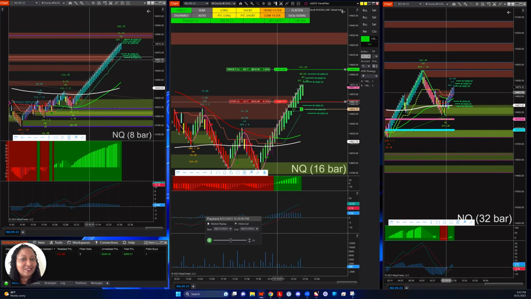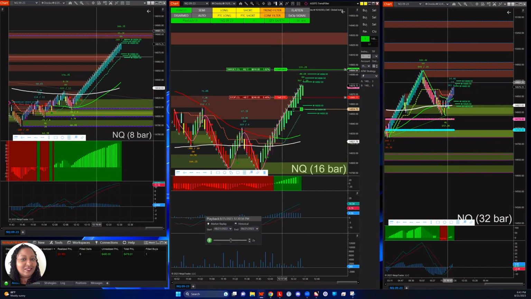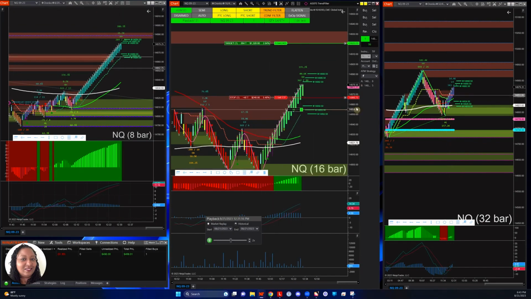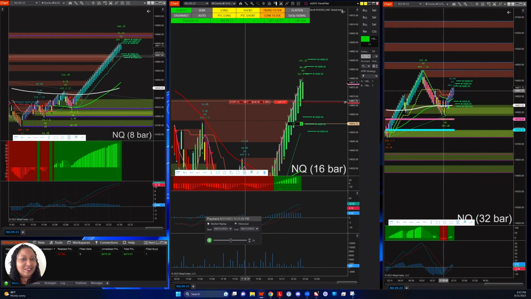We can move up even more. Yes, I'm going to say modify. And let's say we put our TP up here and we leave this here. Which still isn't our 100. We're only at 48 take profit. So if I just want to get every little ounce, I can move it up a little bit more. And I will speed this up,